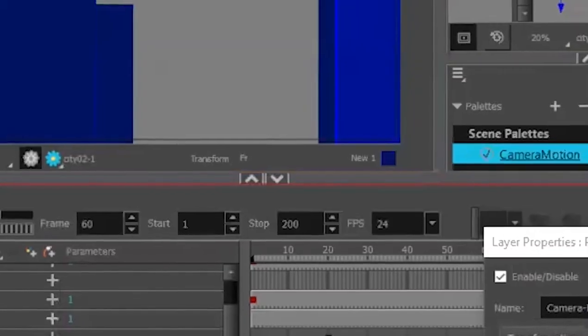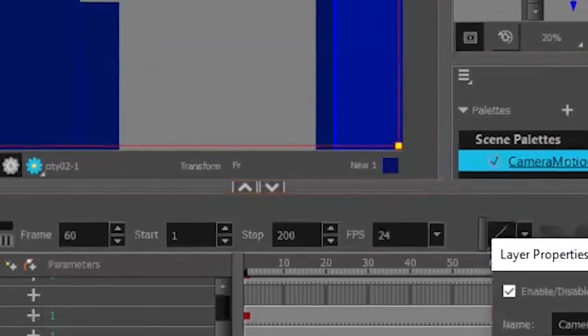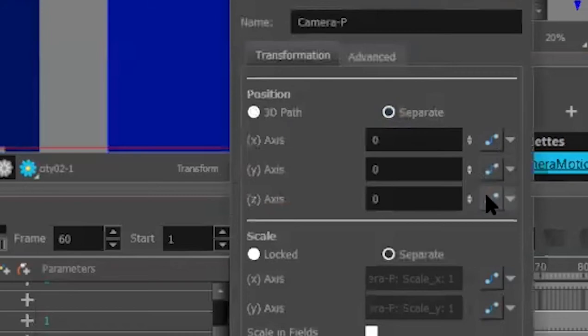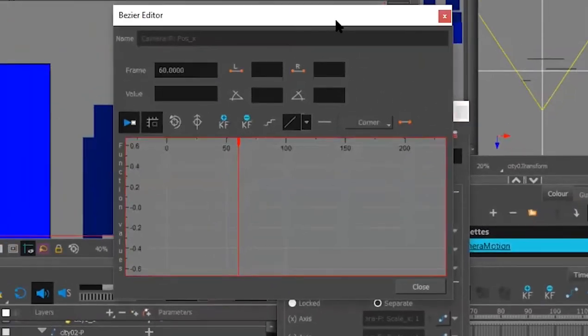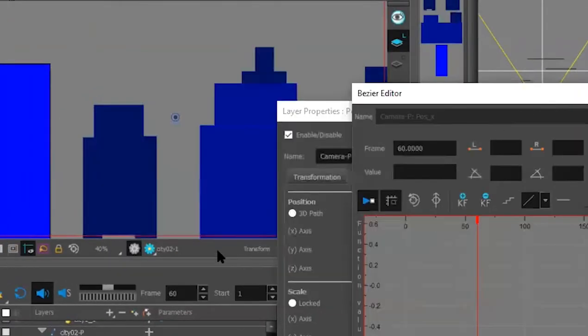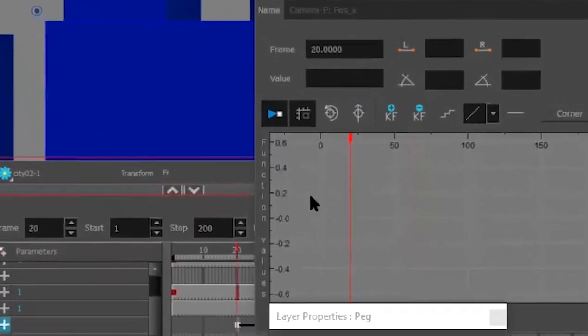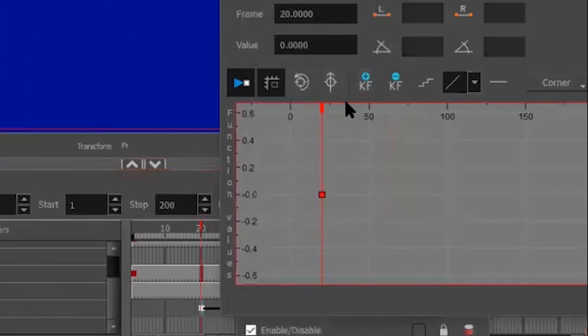So go over to our camera, give it a couple taps, bring this up. This time we're going to go into separate layer. So the separate layer, when you open it up, like on X, right now there's nothing there. So this is where you've got to override this system. So let's see where we're at. We're here at 20, so we're going to make a keyframe at 20. It says 20 frame right there. Then we're going to go forward